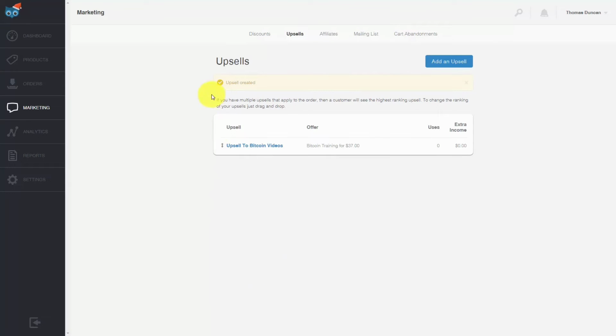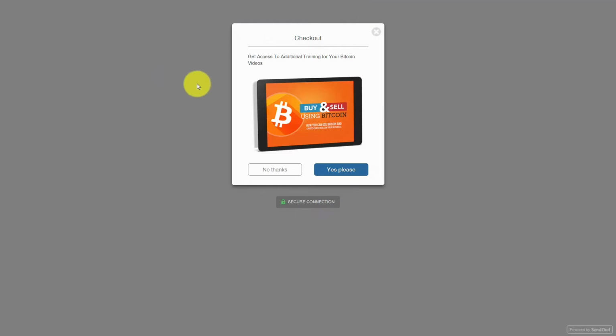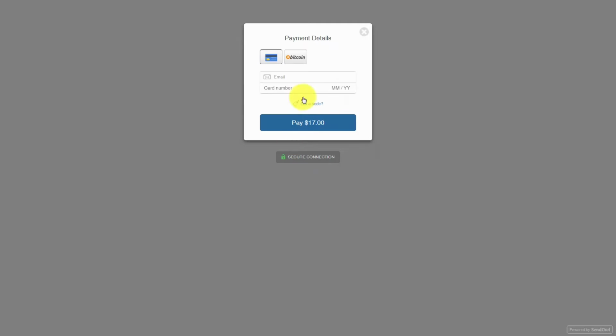And once you've done that and you see your upsell in place, you will have the person buy your product, but then be shown another offer. And you'll see this when the client goes to check out. They'll be shown this other offer where they can get access to additional training. They can either say yes or no and then be taken to their offer. So for example, if they say no, they'll then be taken to the regular offer where they can pay in